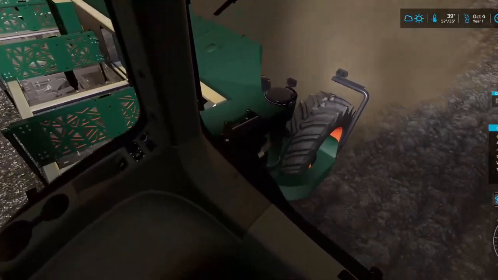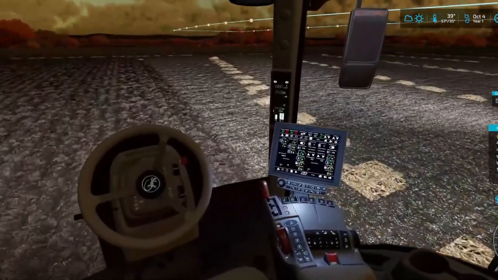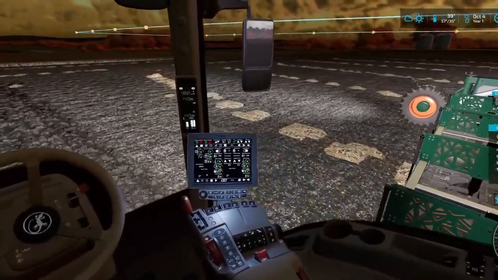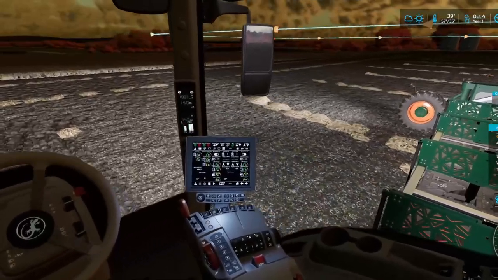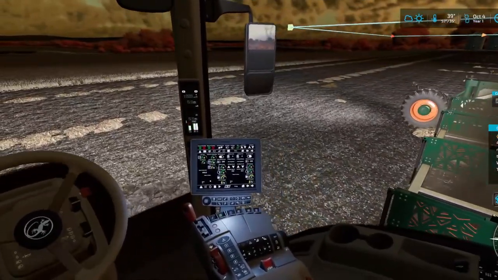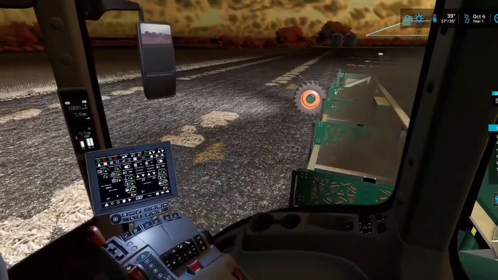But yeah, so the orange and the dark green, like I think I mentioned in previous videos, I'm slowly making it work into most of my farms instead of being just Case colors or John Deere colors or whatever. If I can make it into this kind of color setup, that's why the